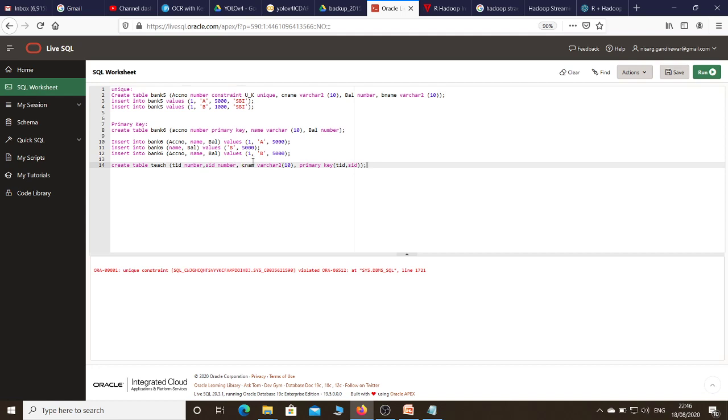That's why whenever you need to apply a primary key constraint with more than one attribute, you need to make use of a table level constraint. So let's check whether it allows me to create the teach table with two attributes for primary key. Yes, the table is created. So I have just shown you the way where a primary key is formed with more than one attribute. I hope you understand the concept of primary key.